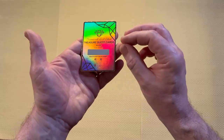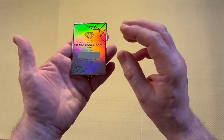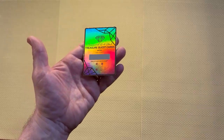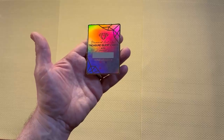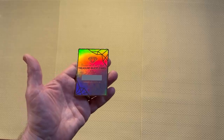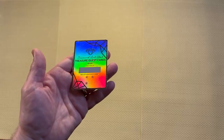But the black cards, as I mentioned, are the rarest. If you have just 2 black cards, you can claim a $50 gift card. So they have different values. I do have a video that goes into a lot more detail and explains it and shows the website and shows you everything. But basically the gift card values are $50, $75, $100, $200, and the top one is if you collect the correct combination, you can claim a custom diamond painting kit